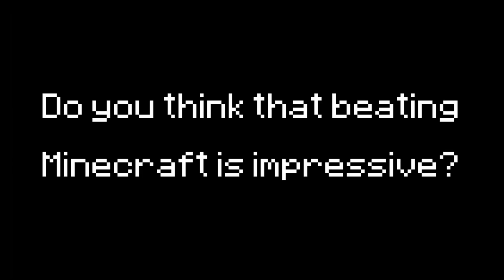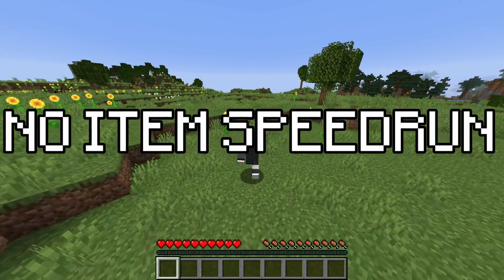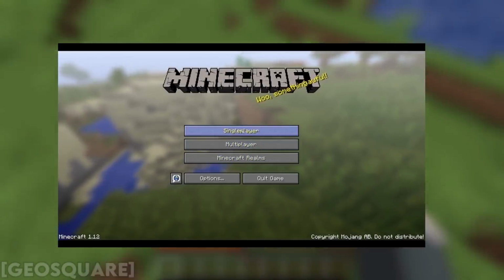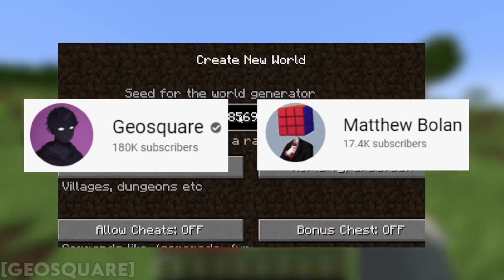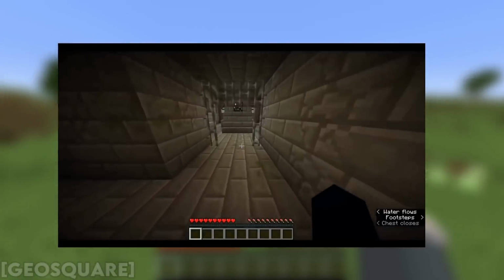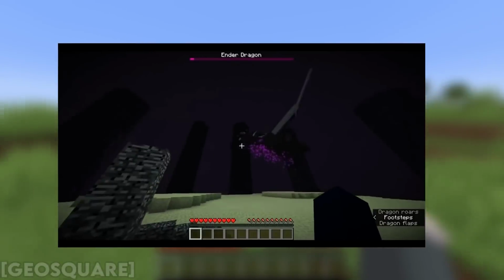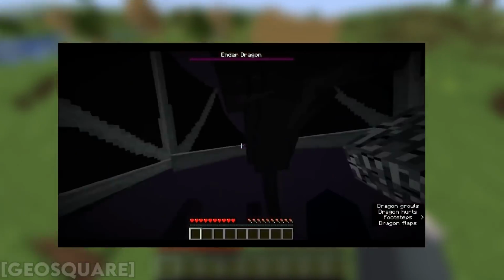Do you think that beating Minecraft is impressive? Well, what about beating Minecraft with no items? Now that is impressive. And that's exactly what speedrunners GeoSquare and Matthew Boland did in late December of 2019. On 1.12, GeoSquare, with help from Matthew, was able to beat Minecraft on hard mode without ever picking up a single item. The run lasted about 1 hour and 54 minutes and was carefully planned out on a set seed,